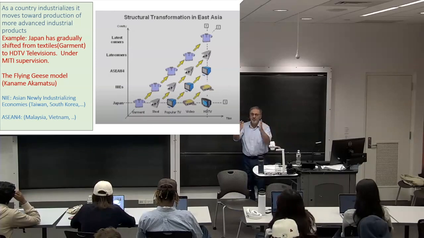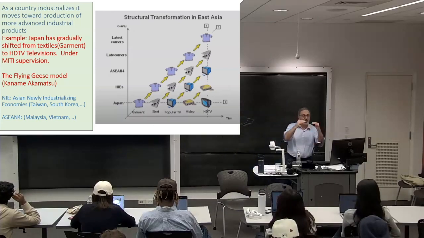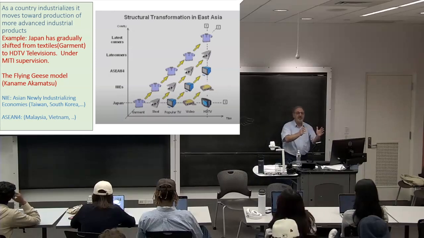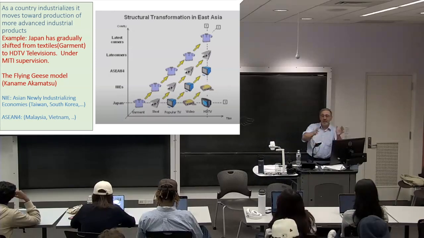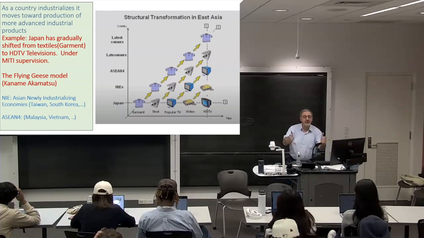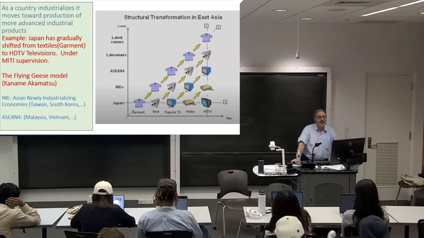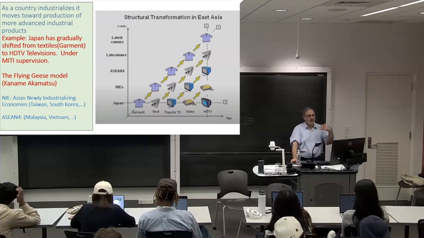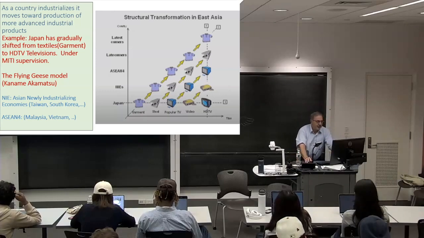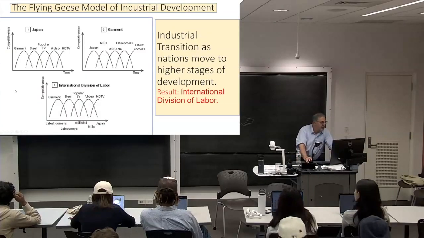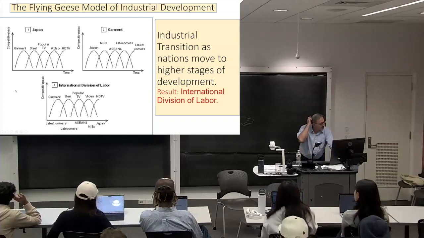It's during the development process that countries, because of their cost of labor, specialize in an industry which is suitable for their cost of labor and level of education, the human capital of their countries. And of course, other things that might be an advantage. You might have a natural resource advantage, which determines what kind of products you will continue to produce. Okay. So to see how this works, look at these graphs.